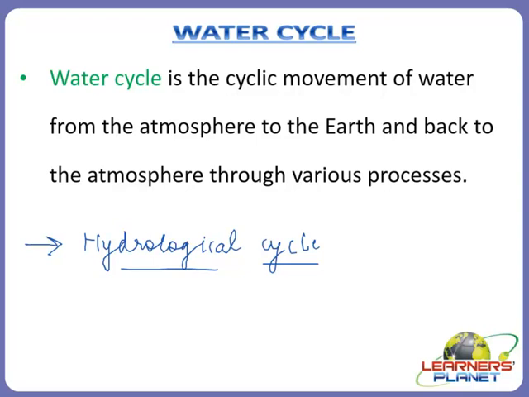Why does this cycle occur? Yes, we know very well that the earth is covered by water. However, almost 97% is salt water, which is found in the oceans and seas. So we cannot drink salt water, or use it for crops because of the salt content. We can remove salt from ocean water, but this process is very expensive. So let us see how many processes make up the water cycle.